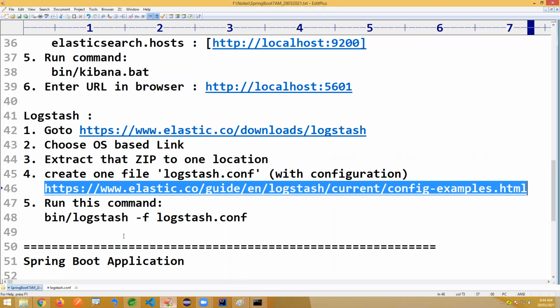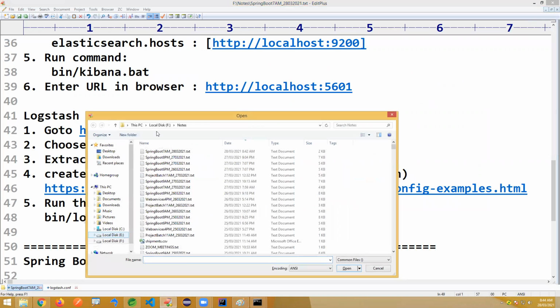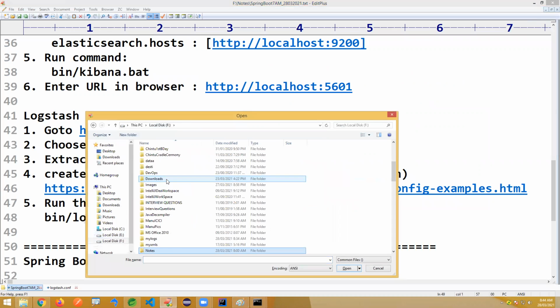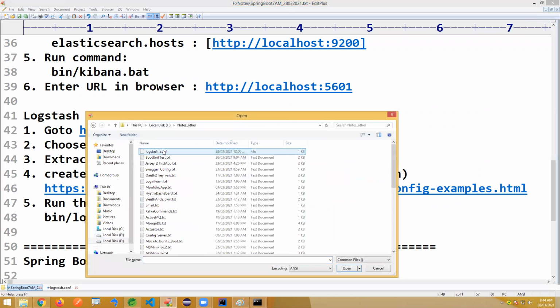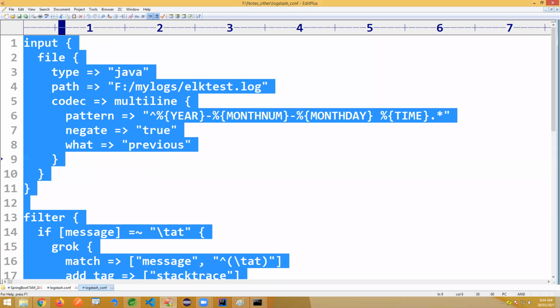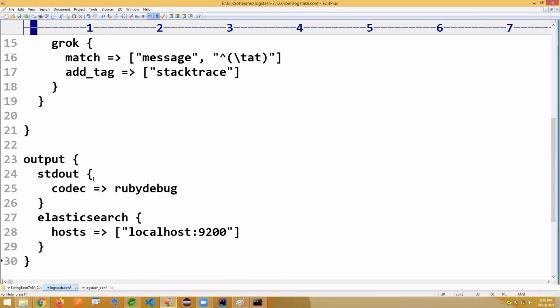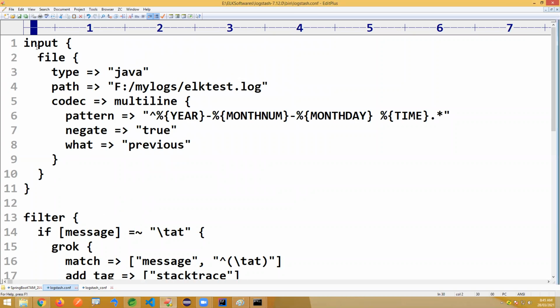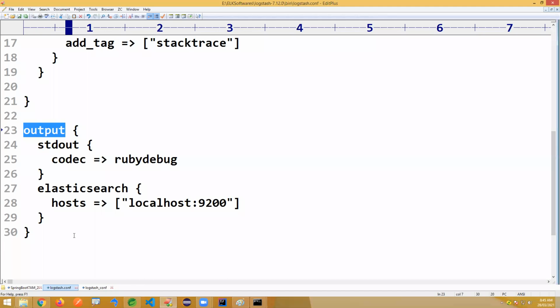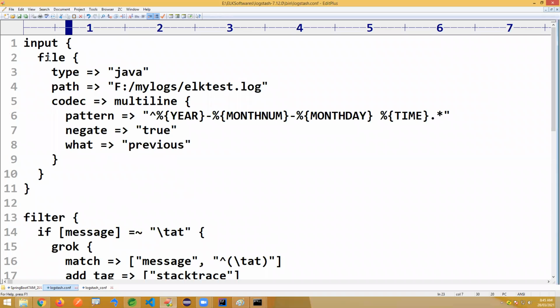Okay, I have already collected this. I'm opening this file, copying the same and placing it here. Look at it: input, filter, output. Read the content.